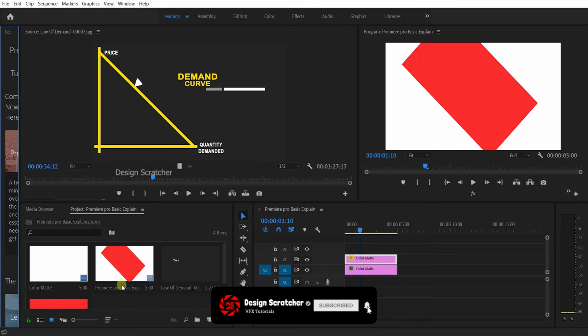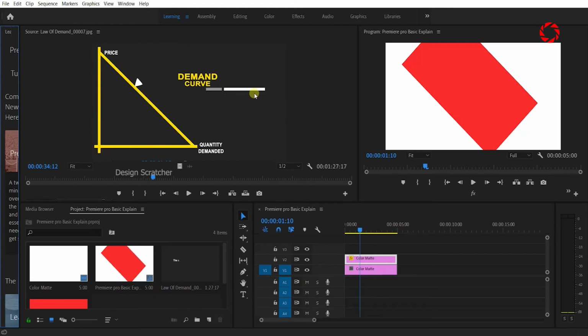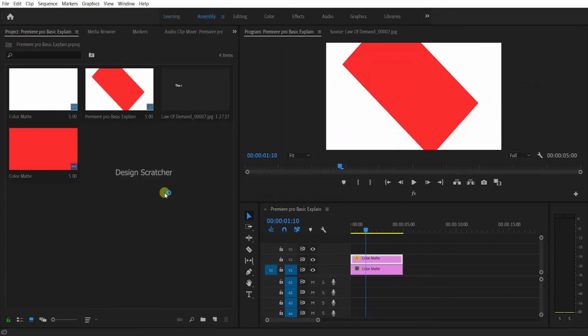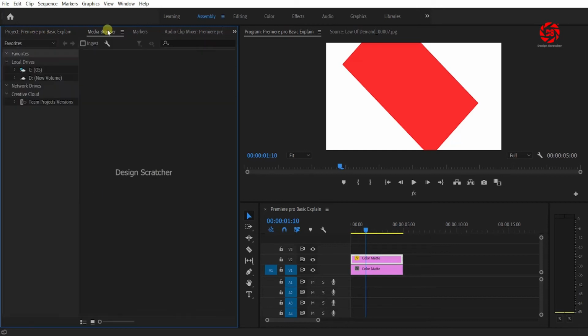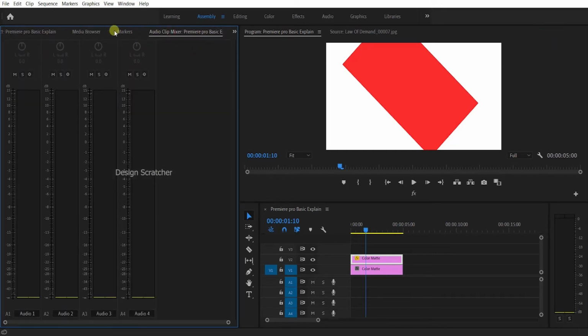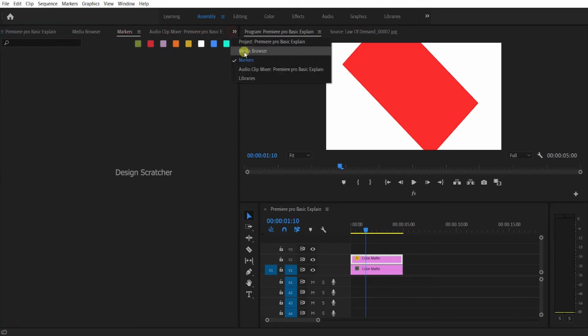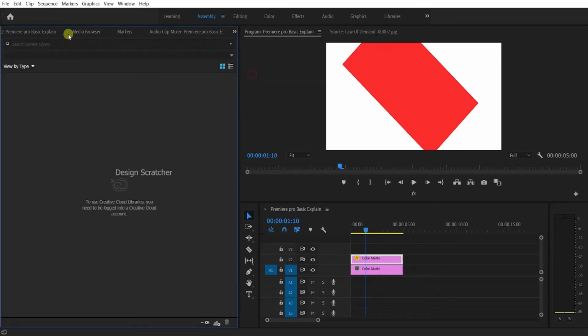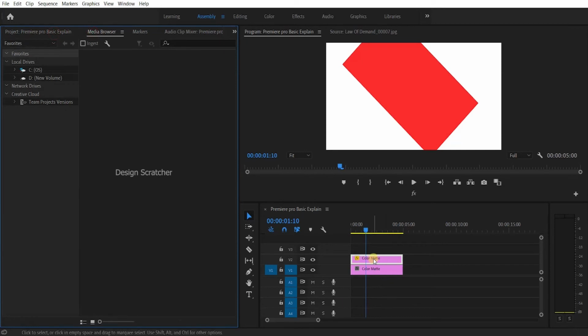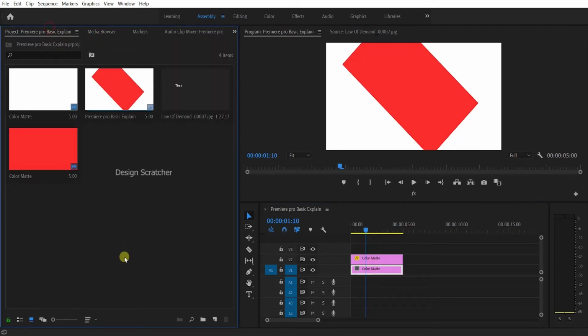The same for source files only, we have, and reveal for the area and timeline, audio, and assembly, and after assembly. This is for full source files, media browser, markers, audio clips, and libraries, everything here only.